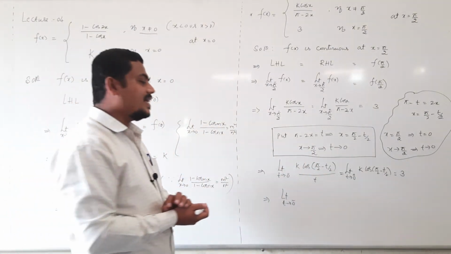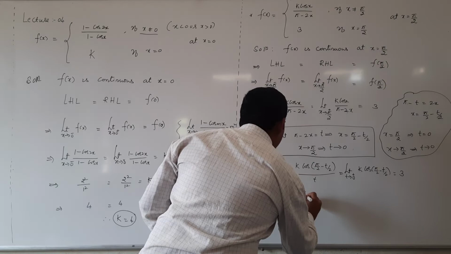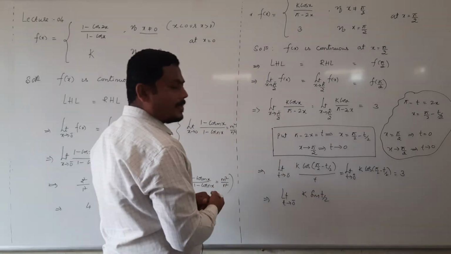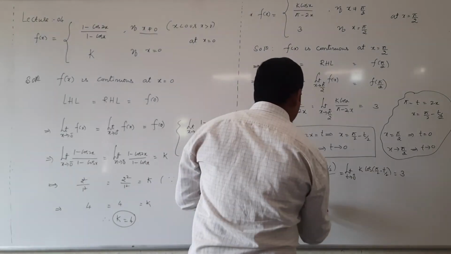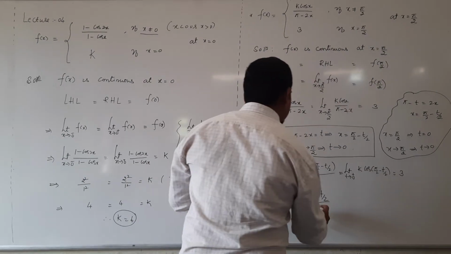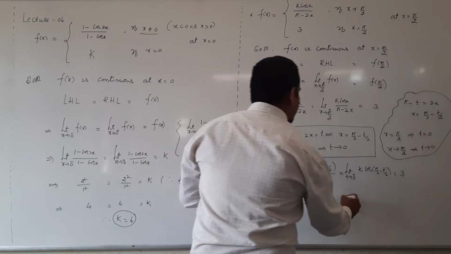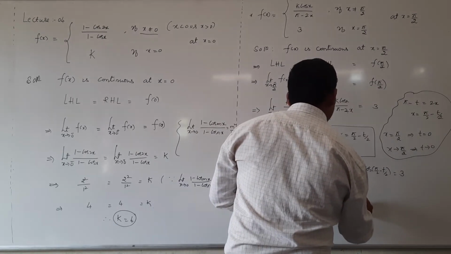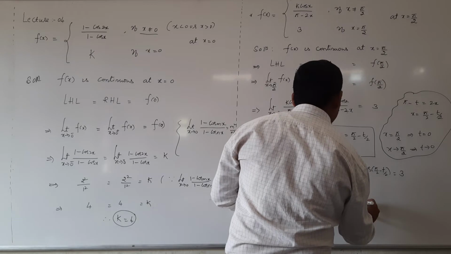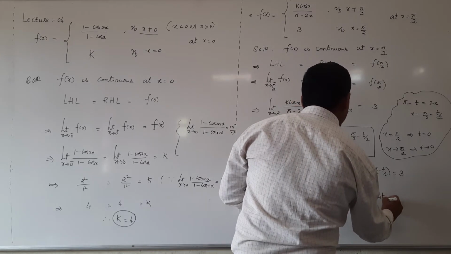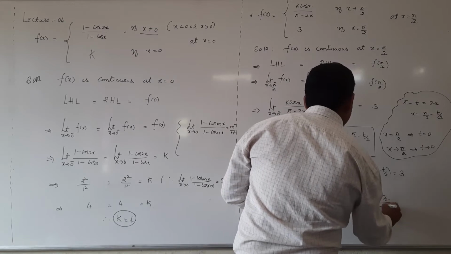Cos of 90 minus theta is sin theta only, so k into sin t by 2 divided by t, that's equal to limit t tending to 0 plus k into sin t by 2 whole thing divided by t only,